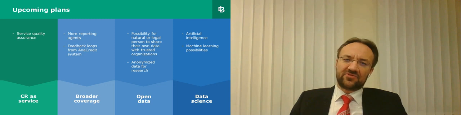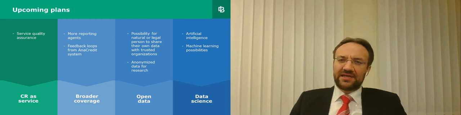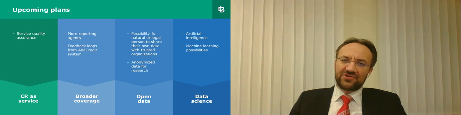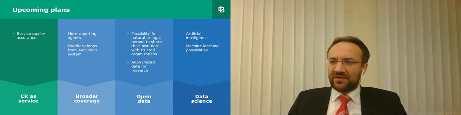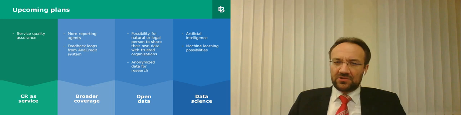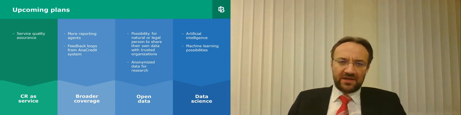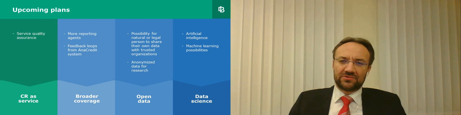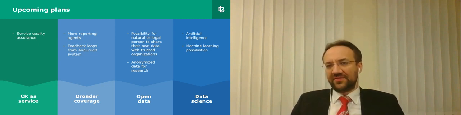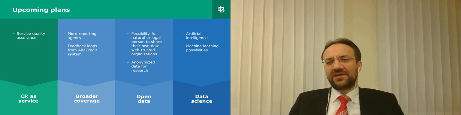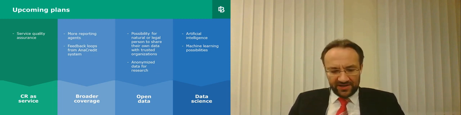And finally, data in the credit register is a great source of data for modern data science technologies. Artificial intelligence and machine learning could be used not only for data anonymization or finding data anomalies, but could also serve in finding answers to the questions made by researchers and various users. It could also reduce manual workload, and modern technologies could help use all the data really efficiently. And this could be the key to success for every regulator.